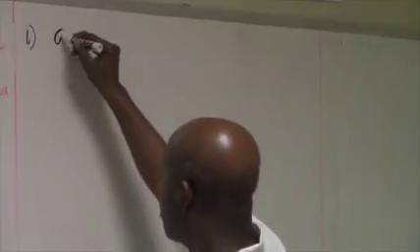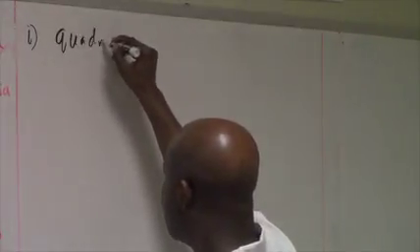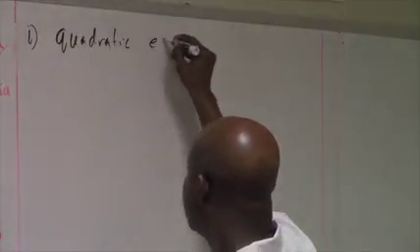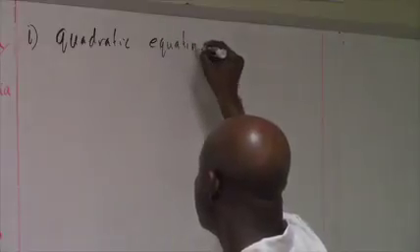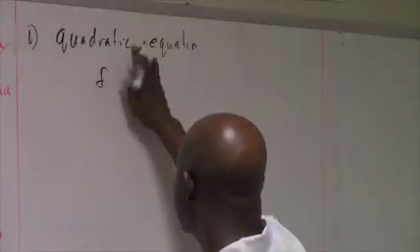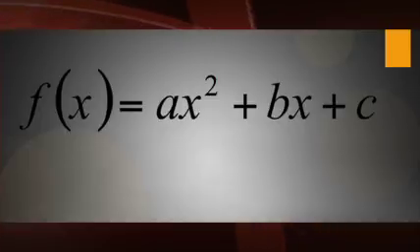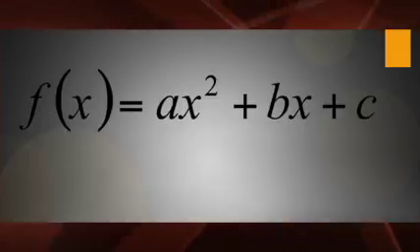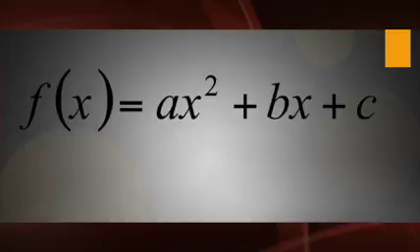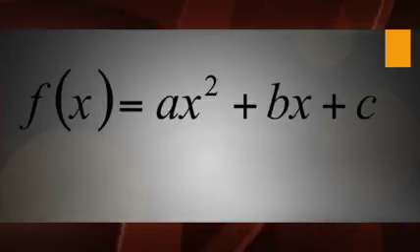So the first thing, let's go over some basic theory. Let's talk about the quadratic equation. You already know what it is. It's a quadratic function. Let me call it a function, not an equation. It has the form f of x equals ax squared plus bx plus c. The graph of this function